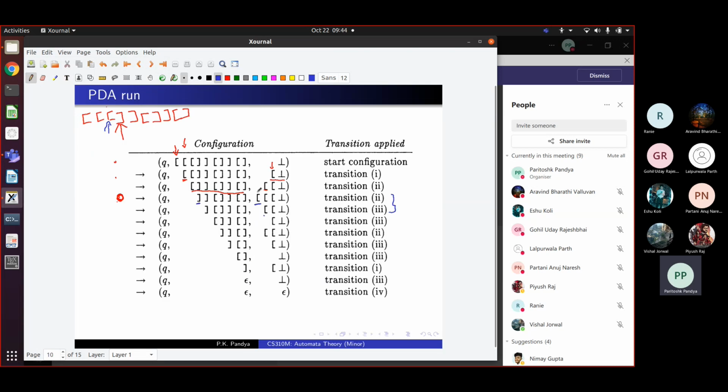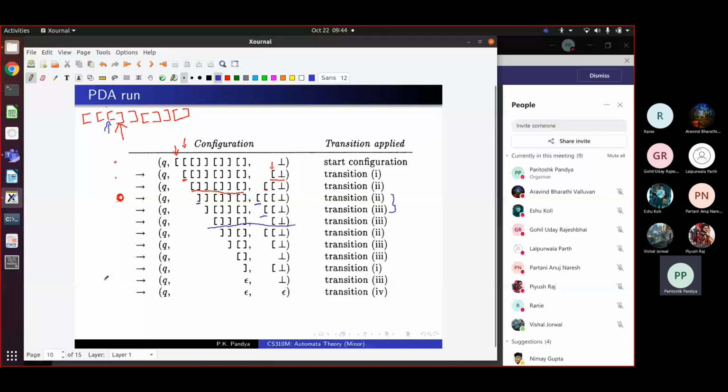So this open bracket on the stack gets matched with this and it goes away. Next we also have another open bracket that matches with this closed bracket on the stack. They get cancelled and we get this configuration, the one here. Then we push it on top of the stack, so we get this configuration. Then we get a closing bracket, so we cancel it against the open bracket on the stack and we get, run like that.